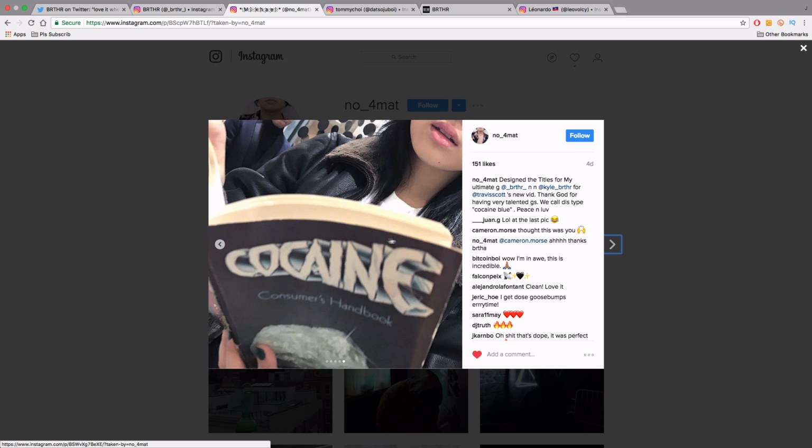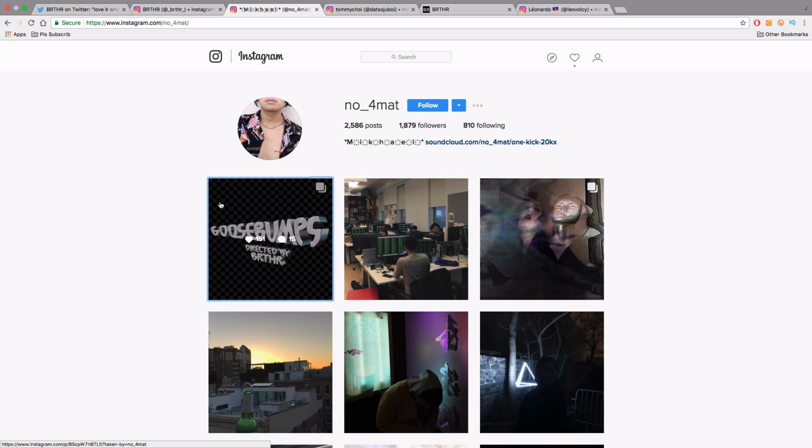You can see here the title text was inspired by this book. I'm not sure what this book is or if he had anything to do with this artwork, but he's calling the font Cocaine Blue. So definitely some cool looks into the process of the title text, and some other things